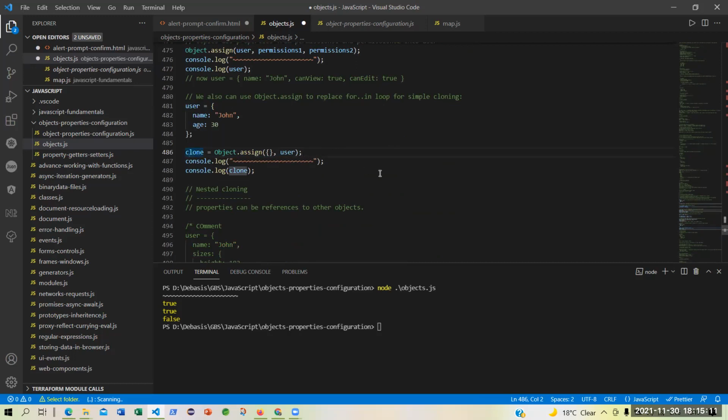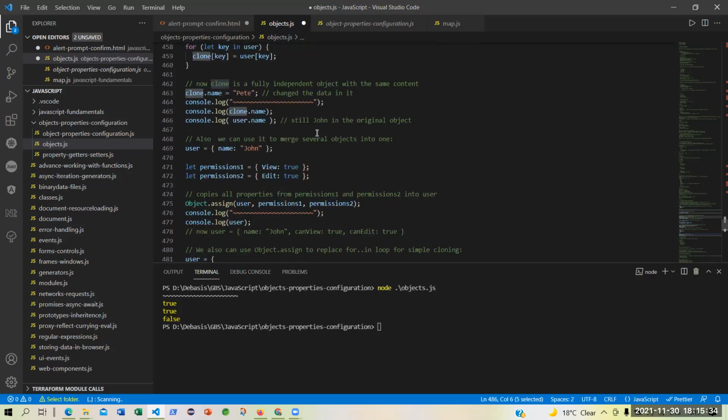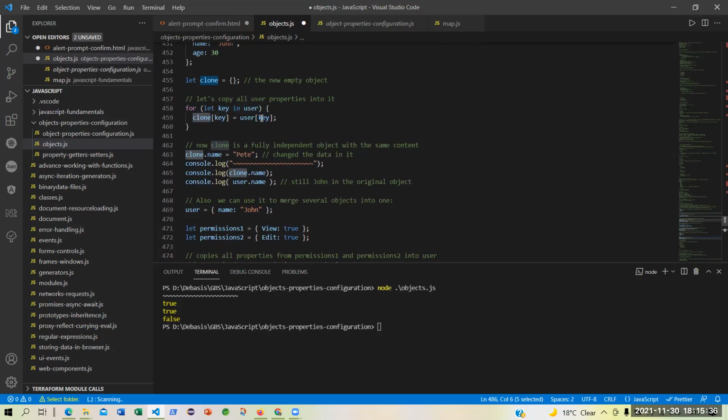What you are doing is using the clone and creating an object of it. You are cloning the user with all its properties and assigning them into clone. So you don't have to mention each and every thing like key and user key and then loop through it.